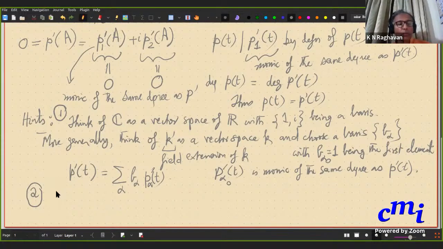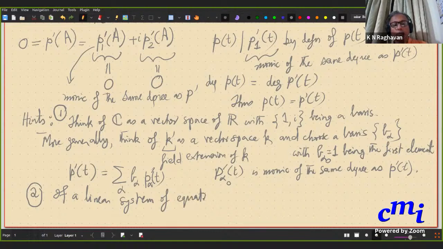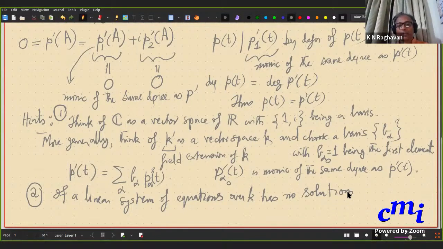If a linear system of equations over K has no solution. So you can take a linear system of equations over some field, and then solve it over this field. Then I can take the same linear system and think of it as a linear system over a larger field. No problem at all. We can do that, given any larger field. Then I can try to solve it over the larger field. The point is, if a linear system of equations over K has no solution,